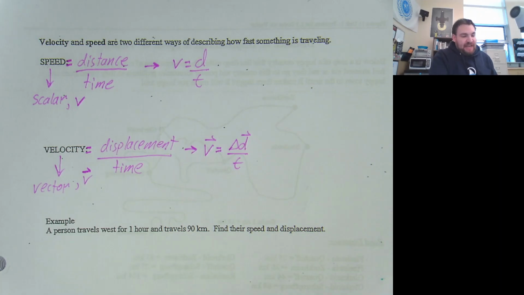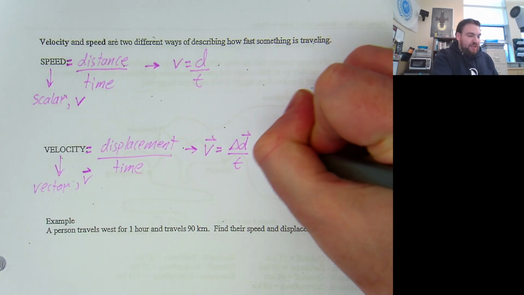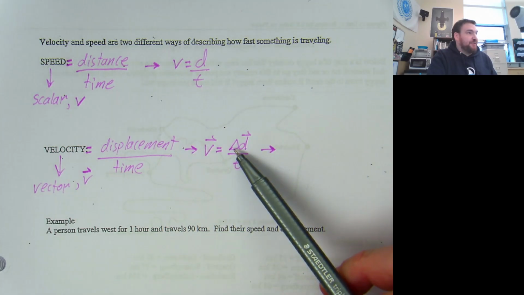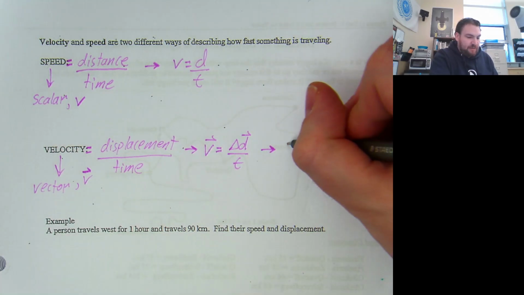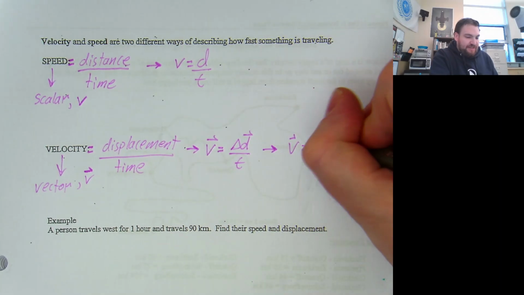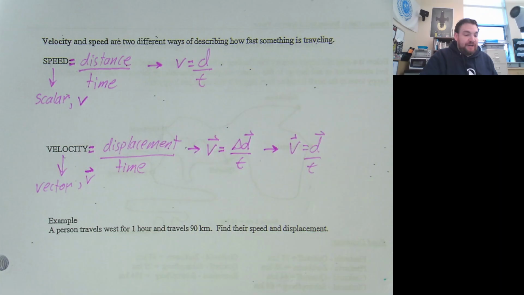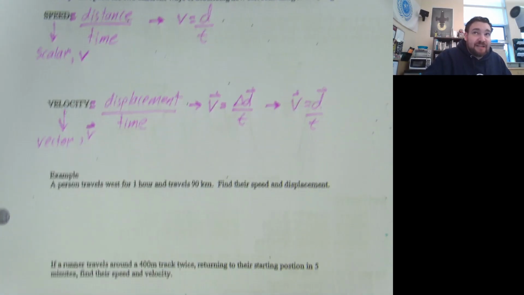And in fact, to add a layer of confusion, your formula sheet actually just drops the delta and assumes you understand that your velocity is equal to your displacement over time, and it's going to write it like that. It's going to drop the delta. As soon as we formalize some notation, now we start to get sloppy with it, and that's just kind of how physics is. We get a little bit sloppy, and then we say, but you know that it's actually supposed to be this way. So let's go ahead and talk about this.